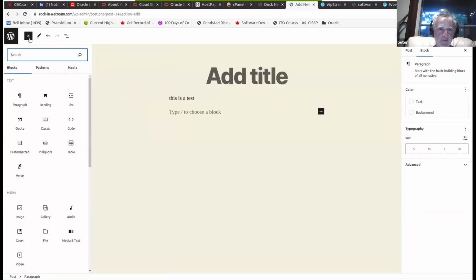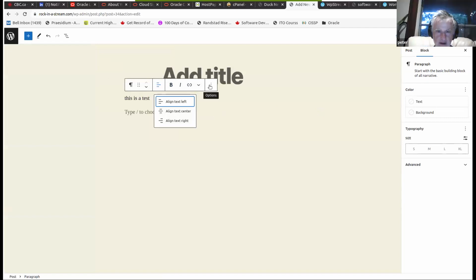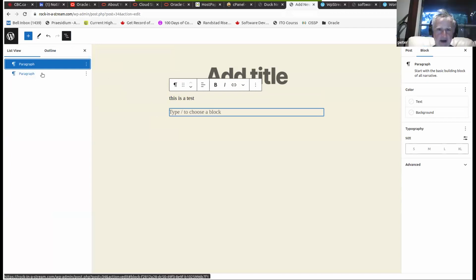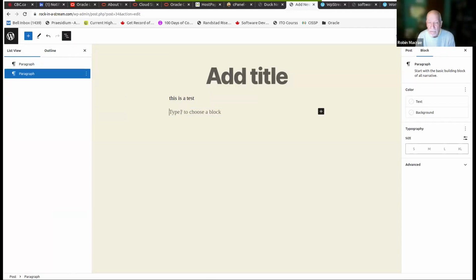Now if you were to click in that first block, and you were looking in the list view, that three little line guy up here in the top left, click there. Now you can see there's the paragraph you added, and the next paragraph's below. To make sure that when you want to work on a block you are showing that block's settings on the right-hand side, you click in that list. It highlights what you're clicking on, and then the stuff in the right side is what belongs to that block by way of settings.